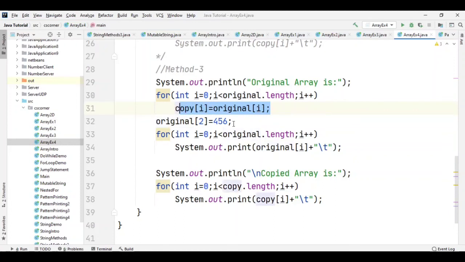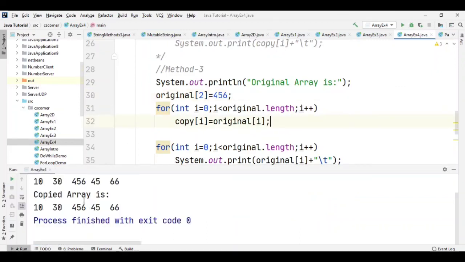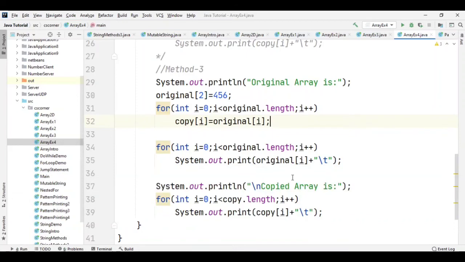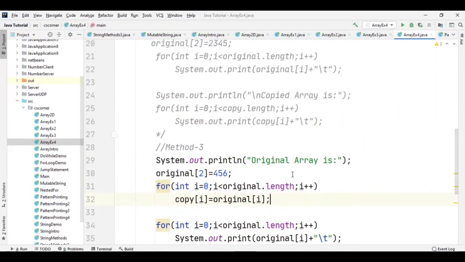Therefore, whatever changes you make now in the original array will not reflect in your copied array. Now let me cut this line and write it before this. So this line will reflect the changes in your copied array also. You can see now it is making the changes. So these are the three different methods for copying one array into another array.